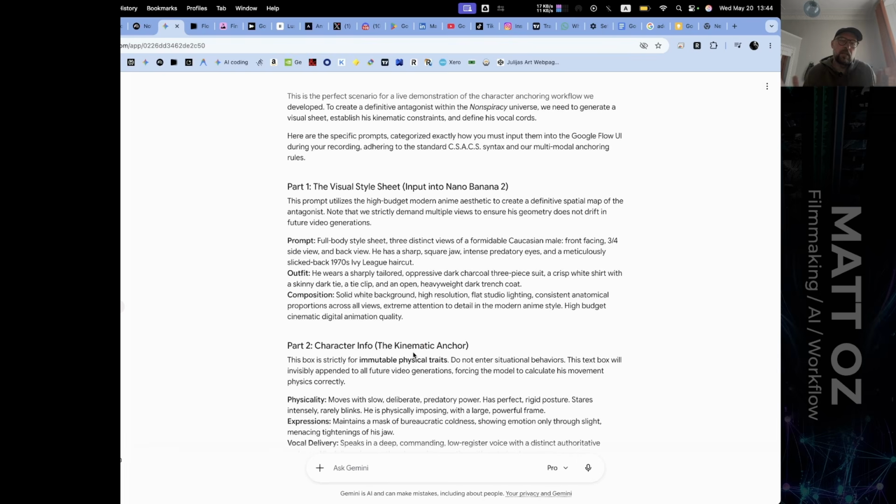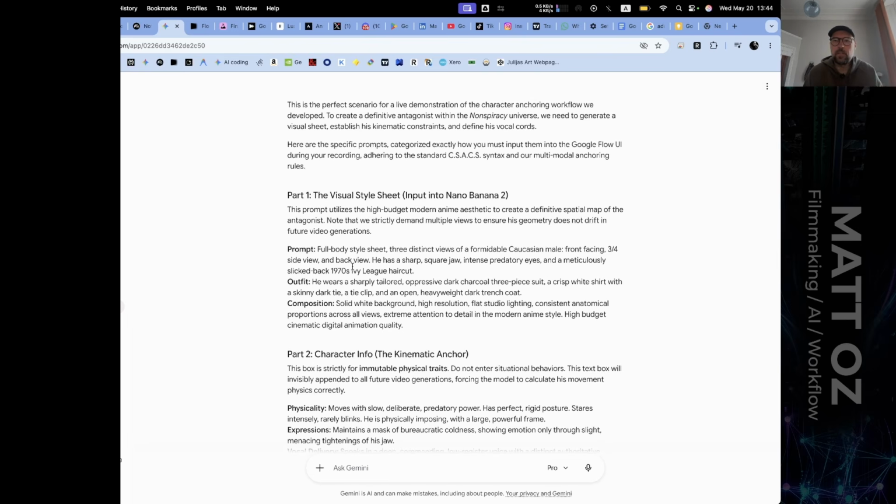So here's a little thing that I do to cheat. We all do. I do use Gemini Chat to help me with my prompting, because if I had to type these things out manually by hand, over and over again and edit my prompts by hand, it would just kill productivity and probably melt the brain out of the side of my head. So I've given it a prompt to describe a character, a villainous sort of 1970s FBI agent. I'm going to take the prompt.